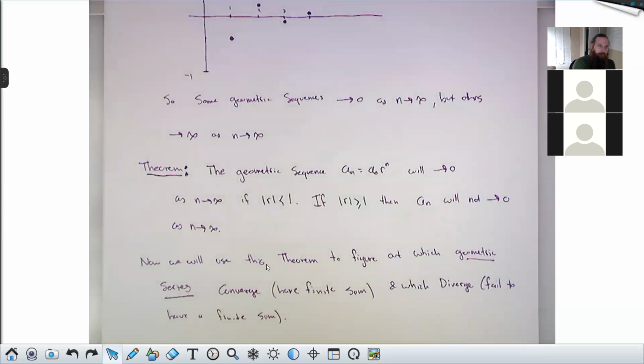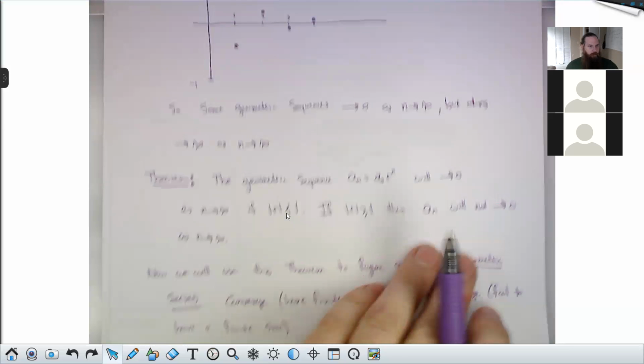Okay, so to sum it up, when r is less than 1, the geometric sequence will go to 0, and if r is greater than 1, then it won't. And it's not necessarily that r is less than 1, it's the absolute value of r. So like negative 1/3 has absolute value 1/3, which is less than 1. So the sequence above did go to 0. But yeah, if r is within distance 1 of 0, then the sequence will go to 0. Okay, so let's keep this in our pocket